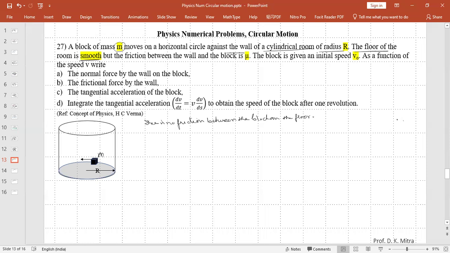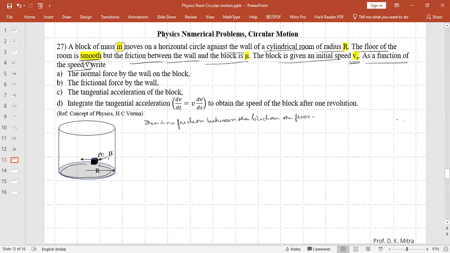But the friction between the wall and the block is mu. Between the wall and the block, there is a friction mu. The block is given an initial speed v naught. As I said, somebody pushed it, and it started with the initial velocity v naught. Now, as a function of speed v, it will continue to move around